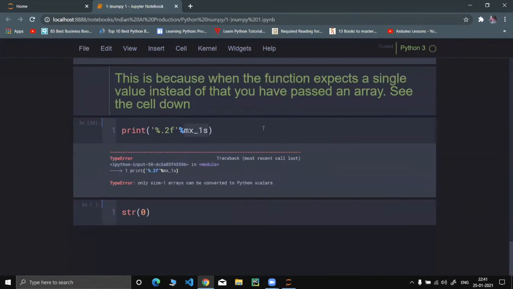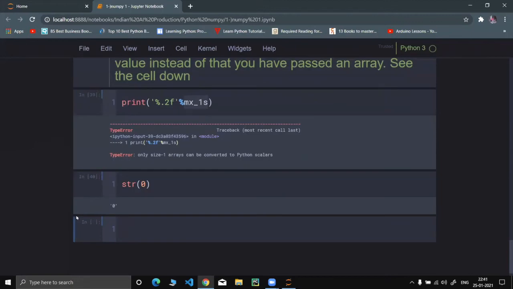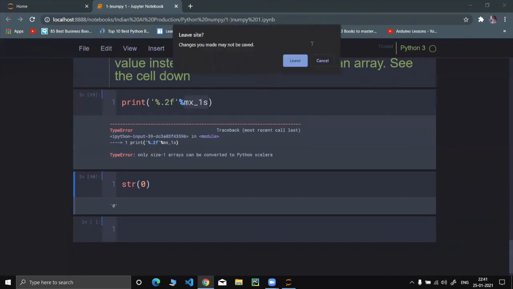If we want to put a floating point to this, it won't be executed, because only an array of size 1, a unit array or unit matrix as we call it in mathematical terms, can be converted to Python scalars. And string of 0 is 0. This is very old code, I don't know why I did it over here.